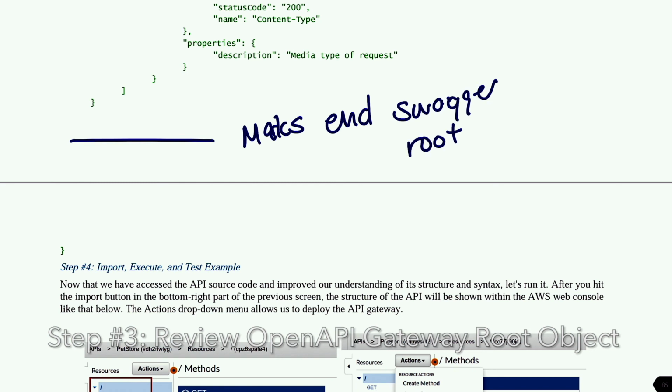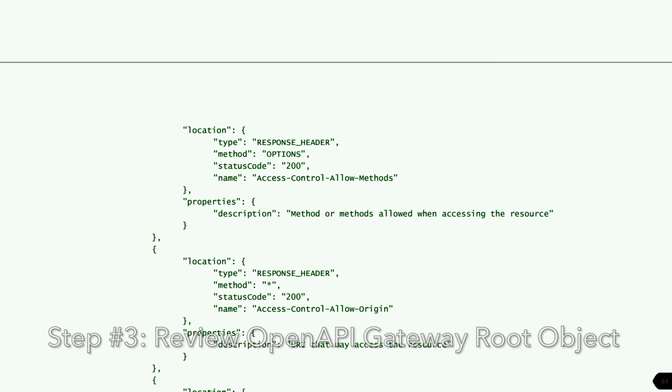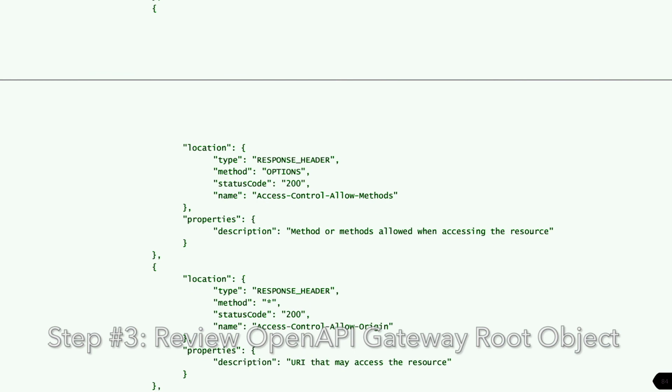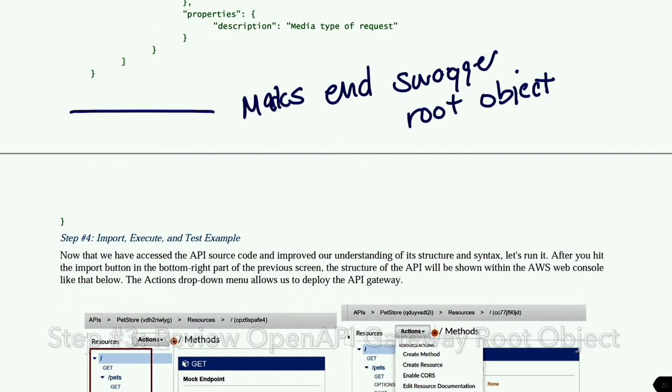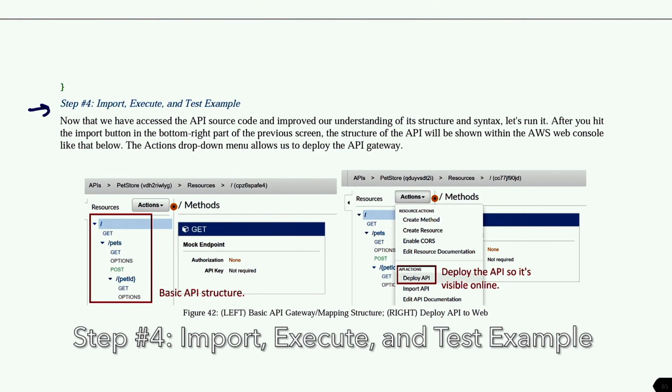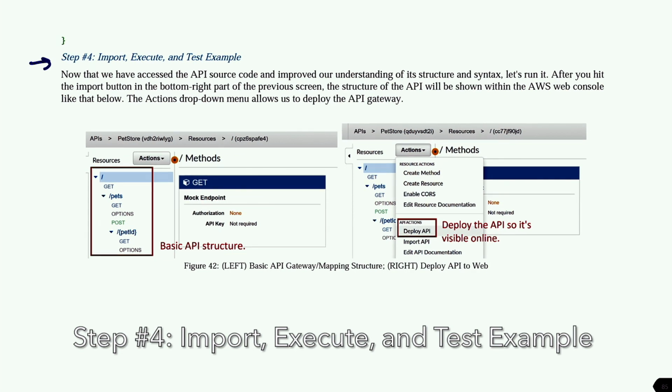root object. Now, did we go through every line? No. But I think between the background, the visualization, and this relatively robust review of the code of the Swagger root object, we've provided you a good starting point from which to begin working with these API gateways using the Open API specification. The last step here, step number 4, is going to be to import, execute, and test our